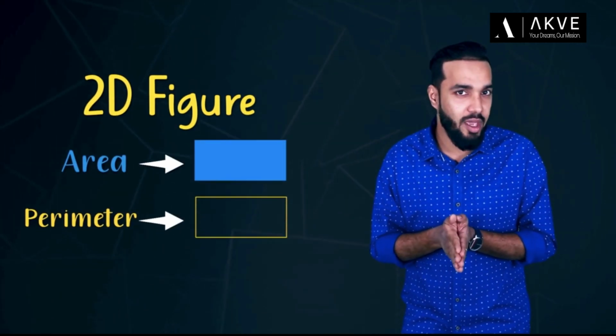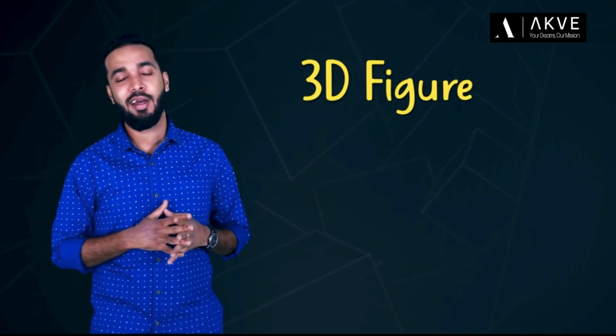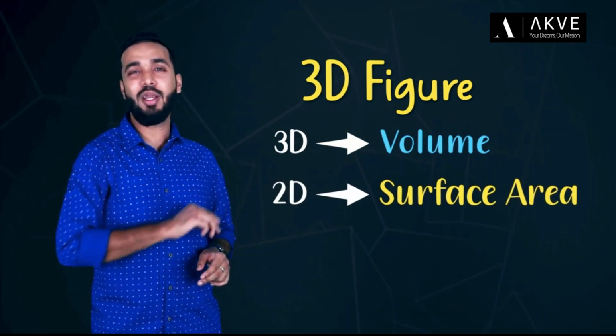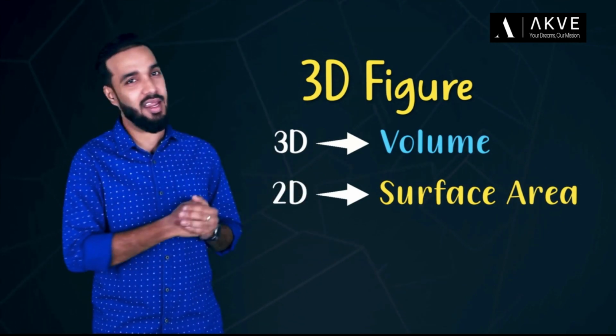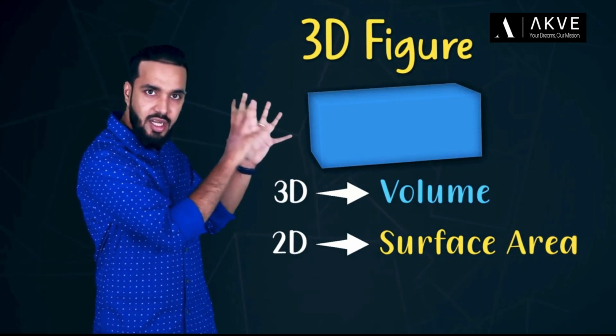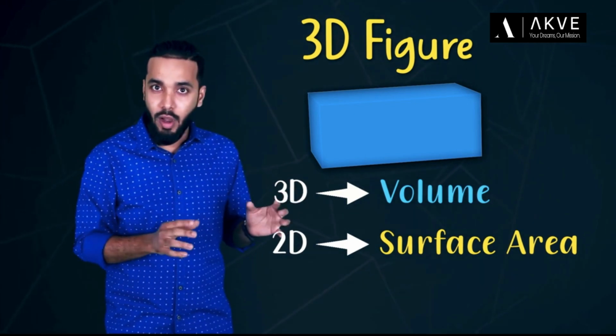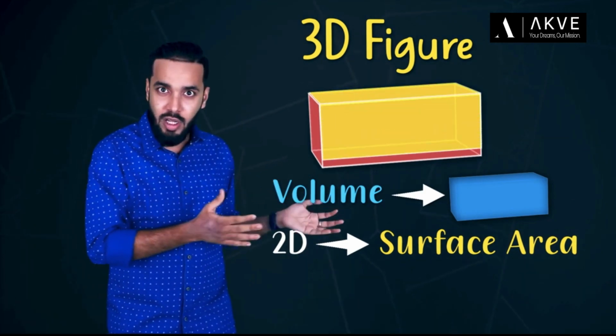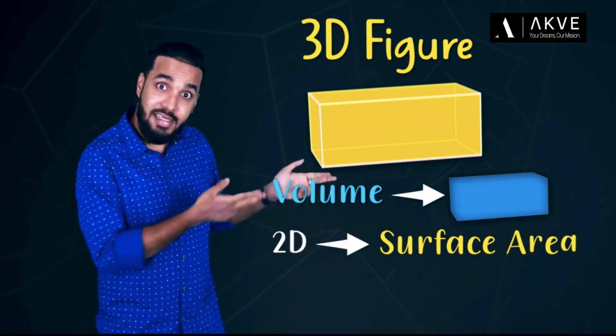In the very same way, every 3D figure has a quantity called volume and a quantity called surface area. Like for this cuboid, this entire 3D space covered by the cuboid is its volume, and this 2D outer boundary or a shell, so to say, is its